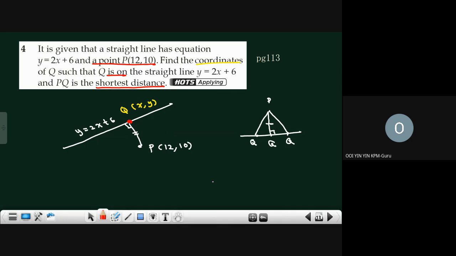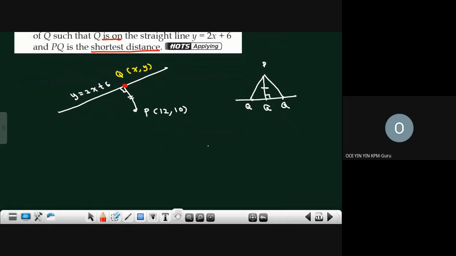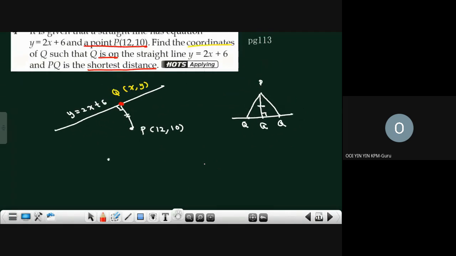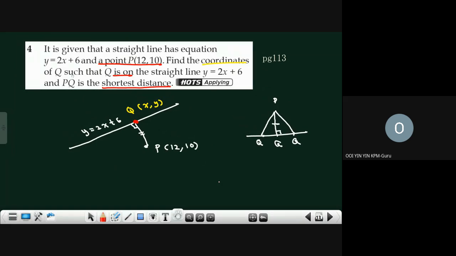Okay, then, yeah, so you know that 90 degree means perpendicular, you must know, right? So what they actually want is to find the coordinates of Q such that the line PQ is the shortest distance. Find the coordinates of Q. Okay, so to find the coordinates of Q,